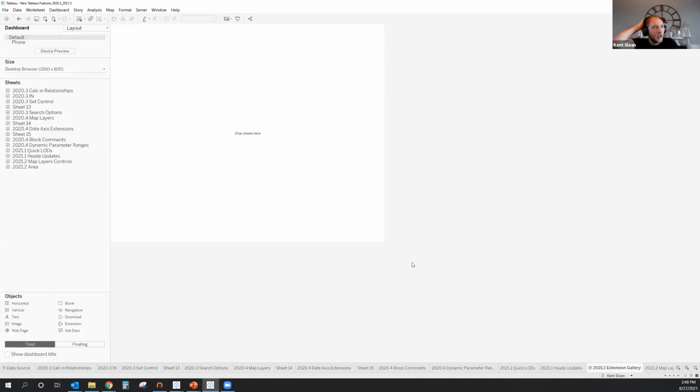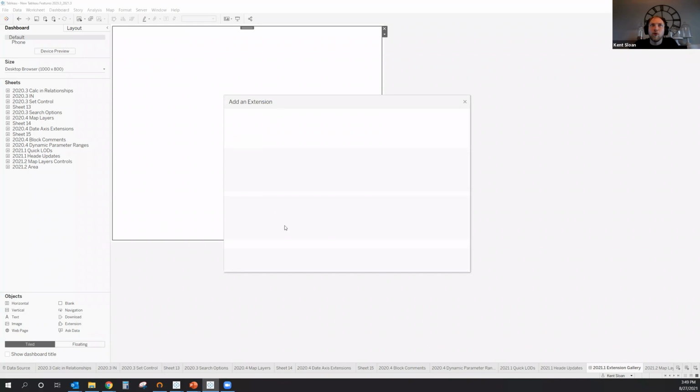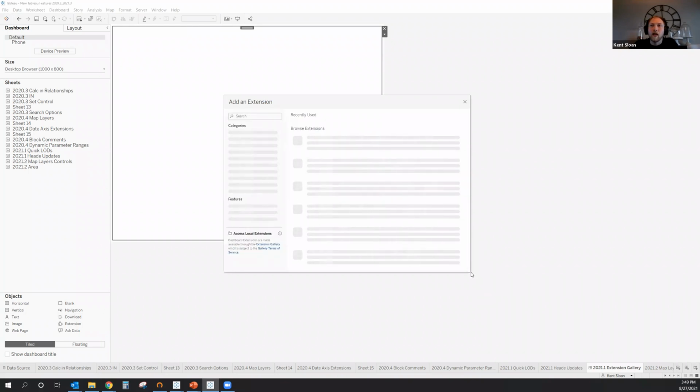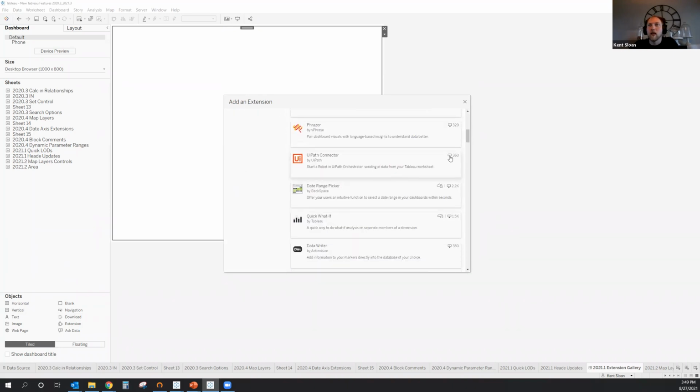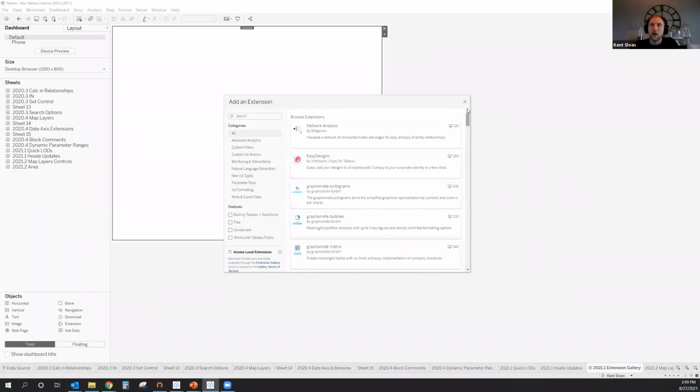And the last one here for 2021.1 is the extension gallery. So in the past, when you selected an extension, it would just make you pick from the extensions that you already had installed and configured on your machine. Now, if I select this or I click and drag this in, it'll actually prompt me with the full window, and I can actually browse the different extensions from this space, find one that I like, and download it here directly. So now we don't have to leave the platform to be able to get an extension and bring it in here. So it just makes it a bit easier to pull in extensions.